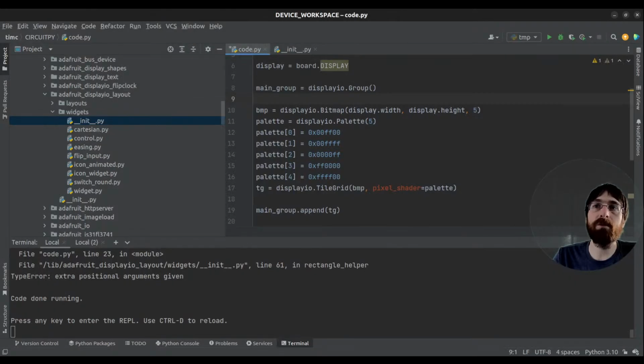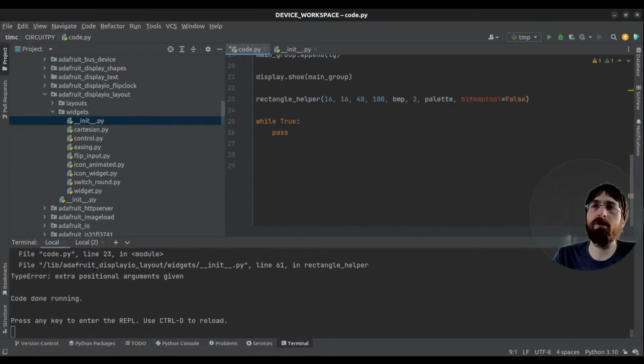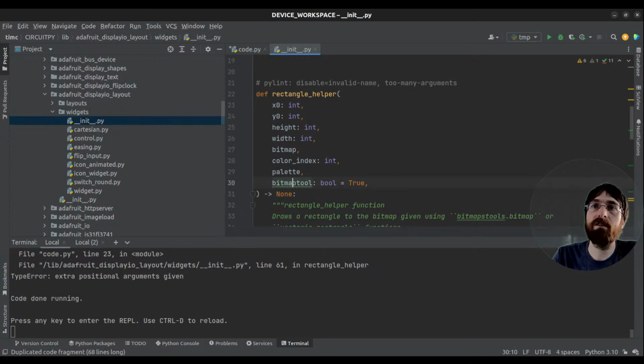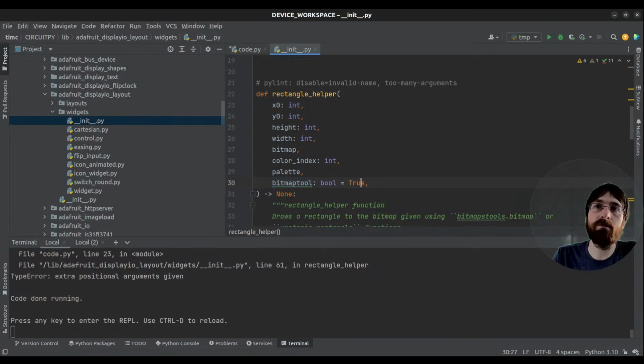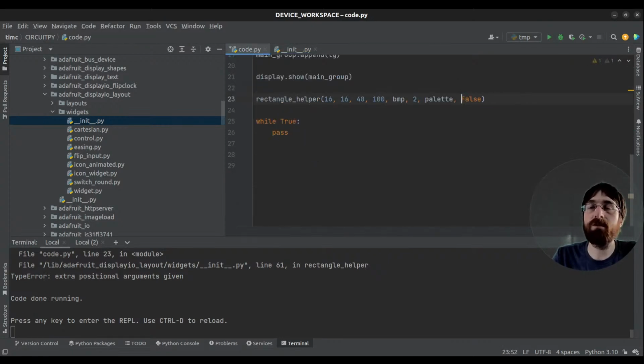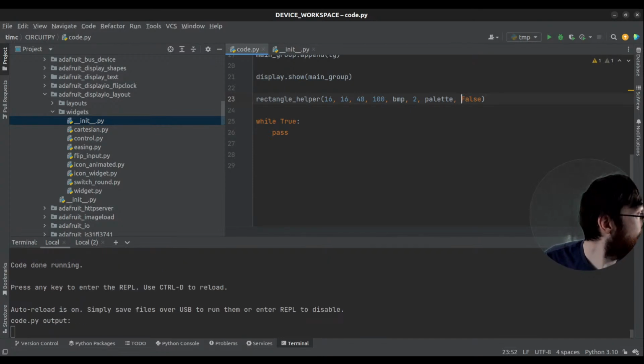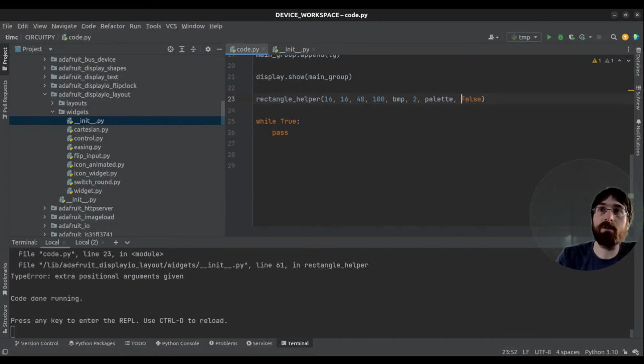We end up on vector shape here. Oh, right, this was not working. I tried, yeah, so I did bitmap tool false, and it's for positional arguments. It was not like that. Bitmap tool bool equals true. Extra positional arguments? Arguments. But it's not really a positional argument. It's a